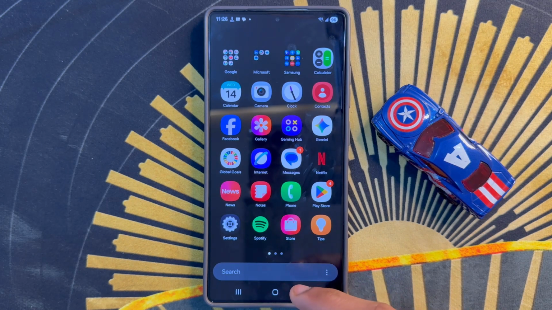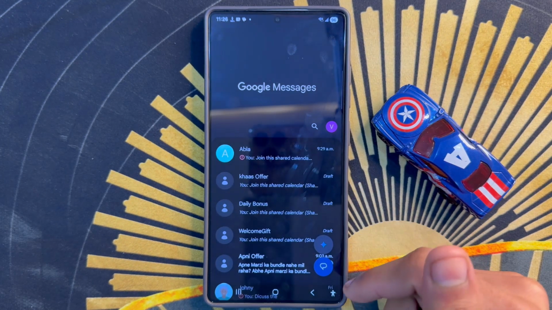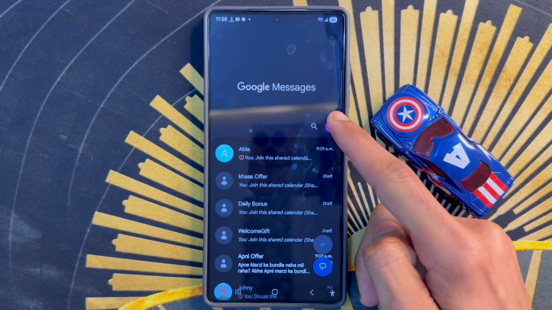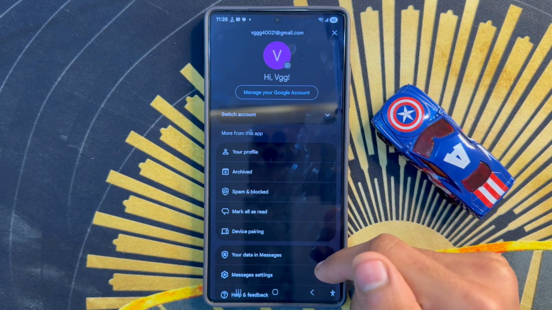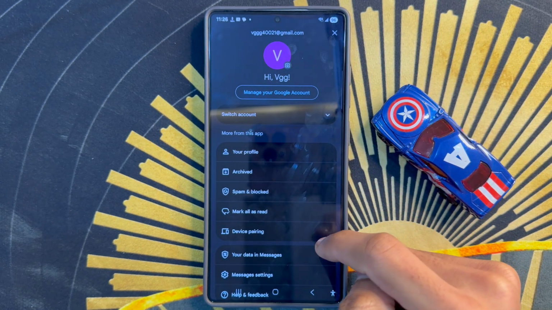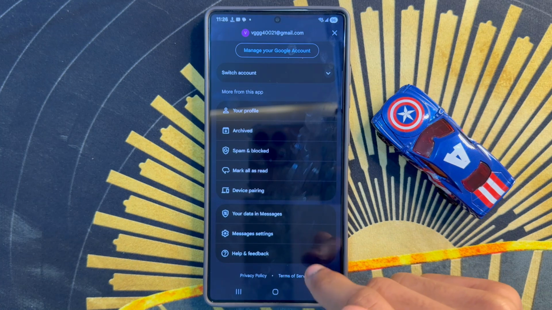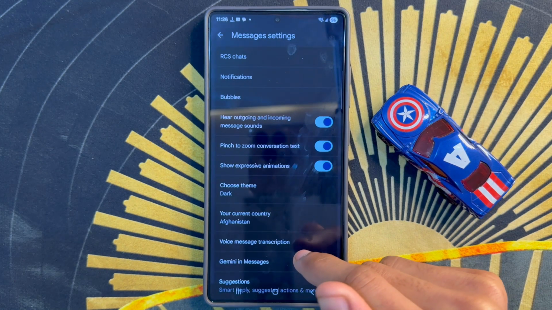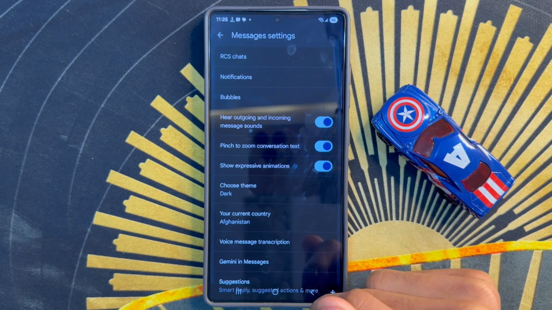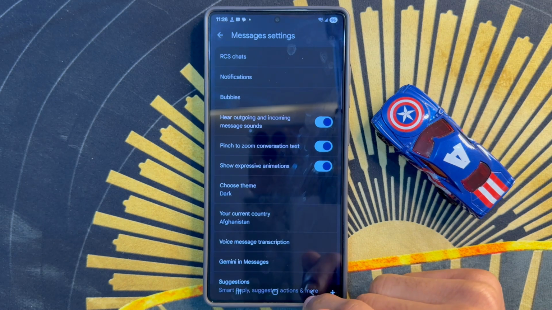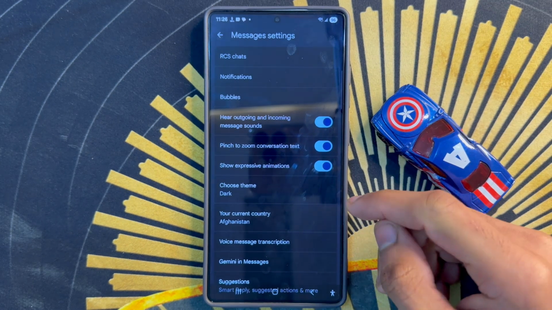Here click on Message App. After clicking on Message App, click on this profile icon. After clicking on this profile icon, scroll down and click on Message Settings. After clicking on Message Settings, if you want to enable or disable pinch to zoom text, you will see pinch